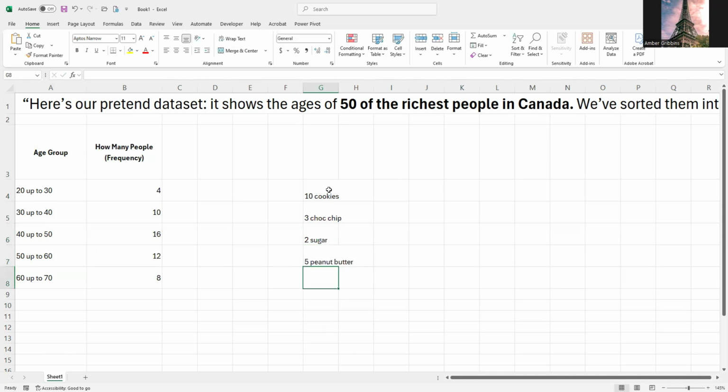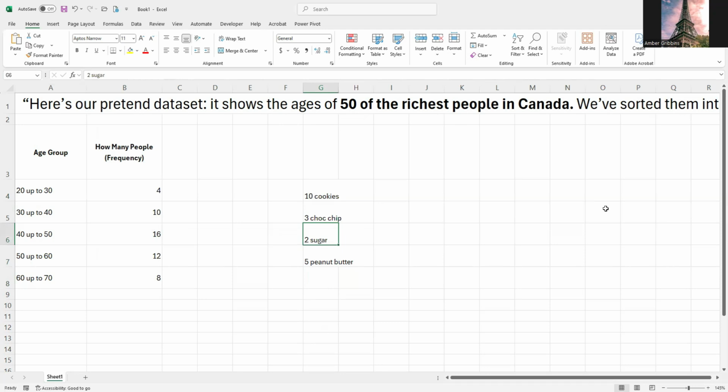Out of those, let's say we close our eyes and just reach into the jar. What kind do you think you're going to get? What's the chance we're going to get that peanut butter or that sugar? The sugar looks kind of low because there's only 2.